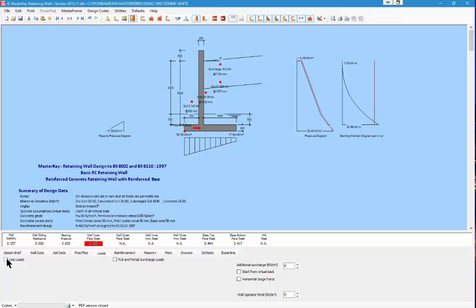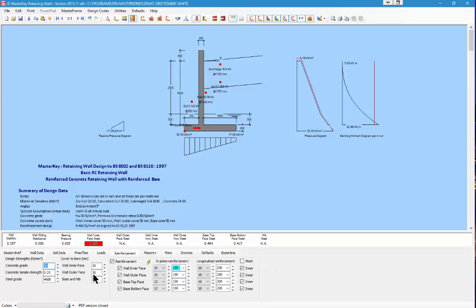So I've been talking for half an hour, and I've more or less covered the basic wall types, the soil, props and ties, loading. Reinforcement, we've been working with it without talking too much. We can set the cover for the inner face, the outer face, and the base and nibs. We can set the tensile strength of the concrete if we want to consider that, the grade, and actually